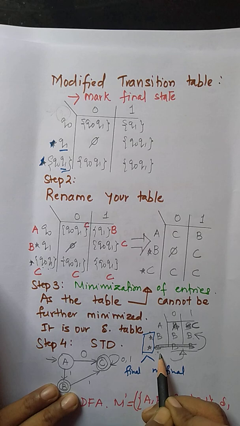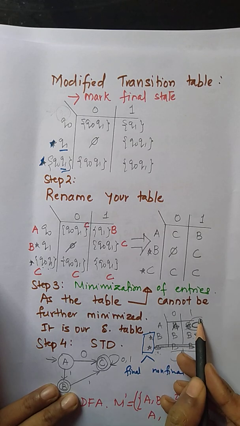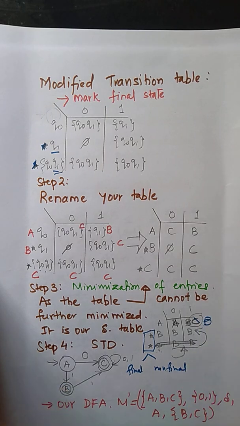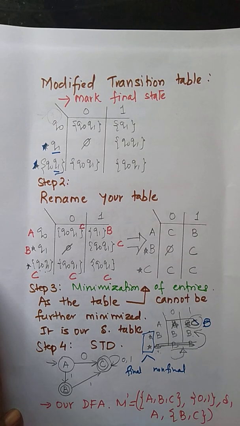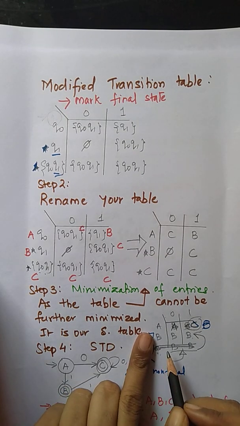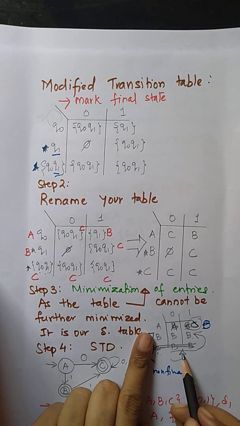Wherever we are having C in our table, for example here, now it will be replaced by B. So this is called a reduction. We can say the minimization of the transition table, or the replacement of the transition table entries. Okay. Second case, if both are not final states, then also we will start from the bottom of the